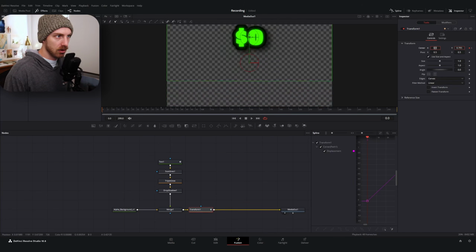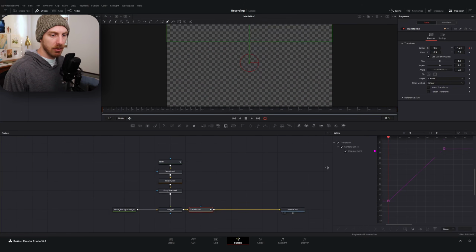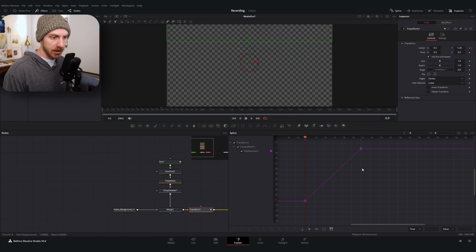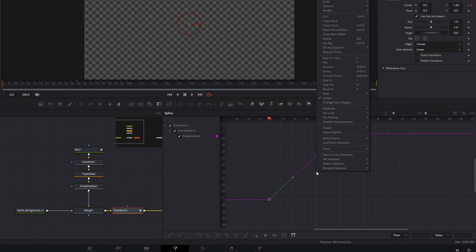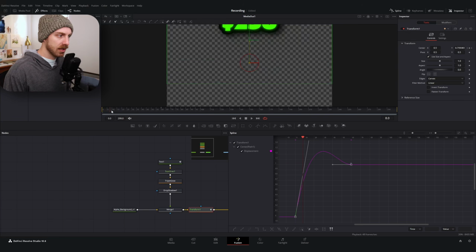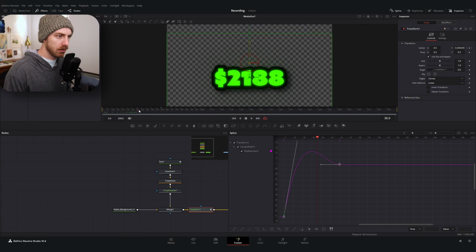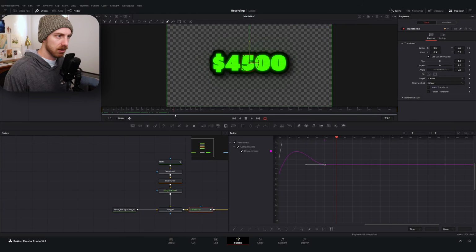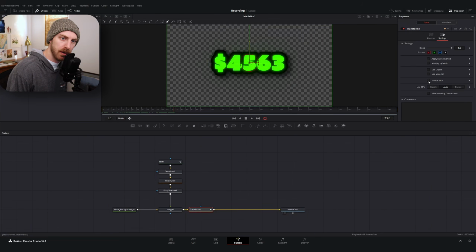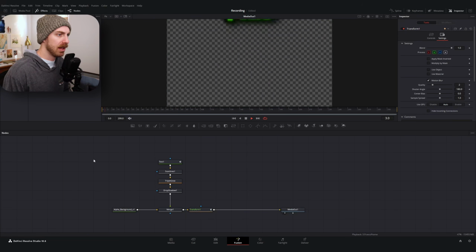Drag up your text out of frame, and then make sure you have your spline window open over here, which would be up top. Turn on your spline window. Select these two nodes, right click, go to ease, Outback Cubic. And what that's going to do is have your text fall in past your original marker and come back into place. I'm going to go ahead and go over to the settings on our transform node to turn on motion blur. Now if I were to play this,